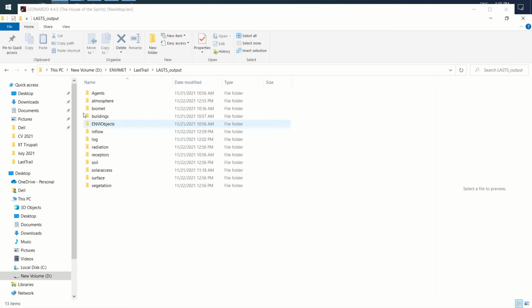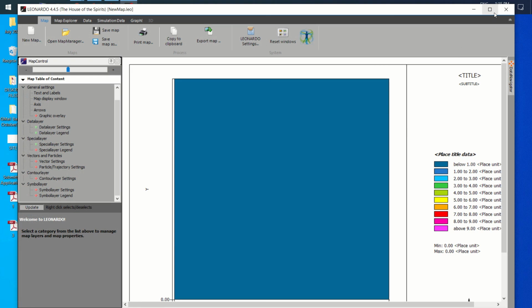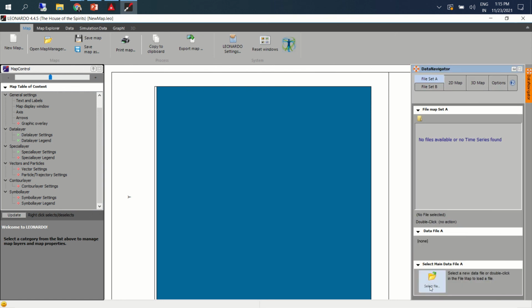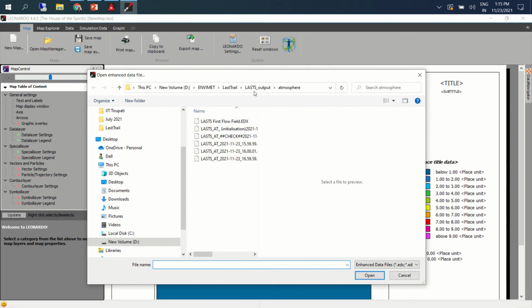Once you click that, there are so many things there, starting from atmosphere to soil characteristics to vegetation and so on. So I go to the platform, click on the Data Navigator, click on select files. There are so many outputs.